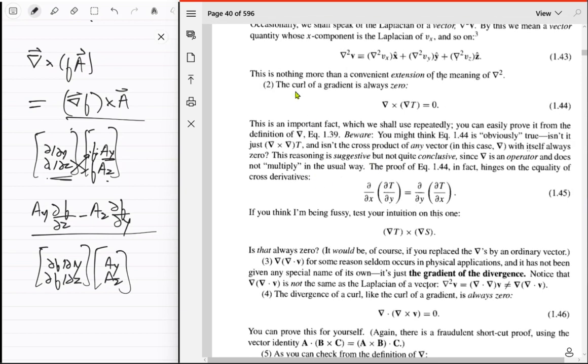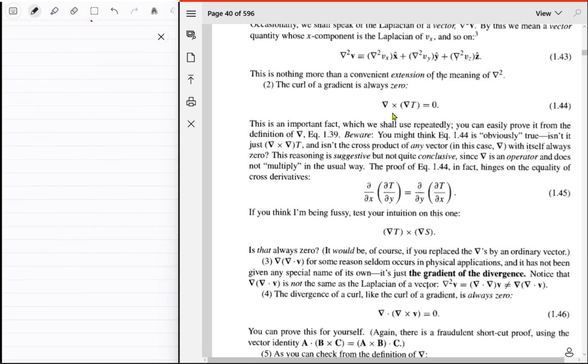The curl of a gradient is always zero. I think that's worth proving. Just think about the x component, of course. You have partial t upon partial x, partial t upon partial y, partial t upon partial z, then crossed with partial upon